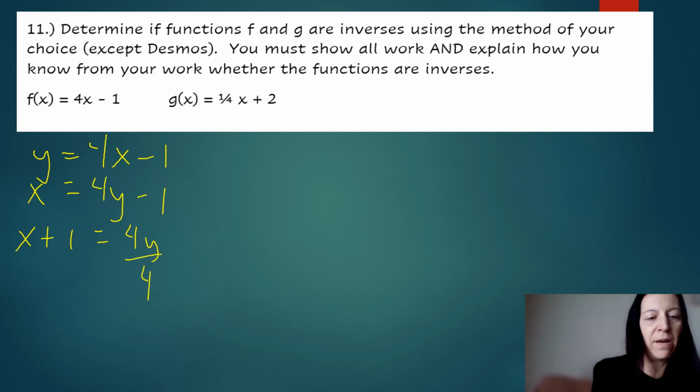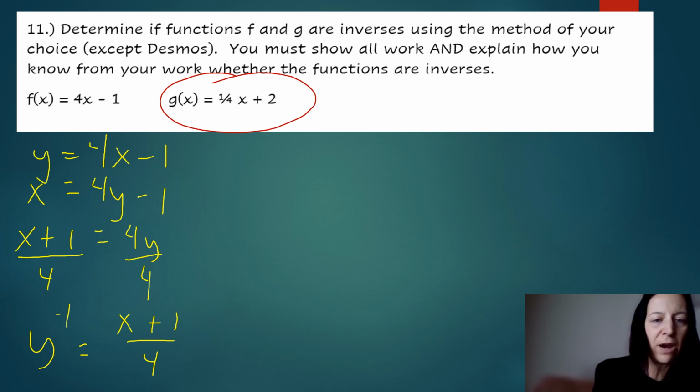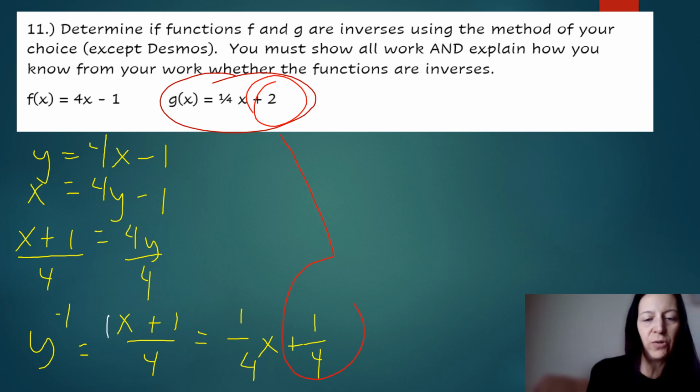And then I'm going to divide by 4, and I'm going to end up with x plus 1/4. Now, I want to be a little careful because what I've got to do is compare it with this and see if that's the same function. So you've got here 1x, so that's going to translate into 1/4 x, but then you're going to have 1/4. And so you're going to notice that that has a +2, this has a plus 1/4, and so our answer is no. And then I would explain it, no,